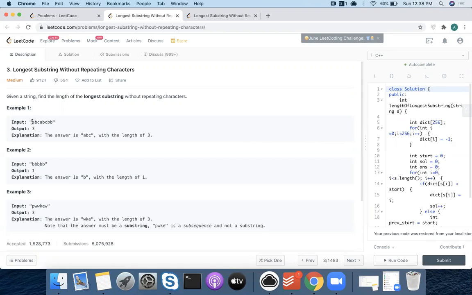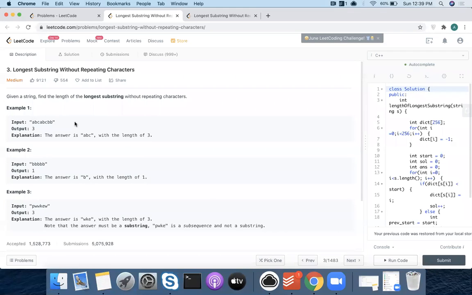For example, let's say A, B, C. I keep inserting into my hash map frequency: first I insert A, then B, then C. Then when A comes, I have a collision. I also keep my max length so far, so my max length will be 3 till now.